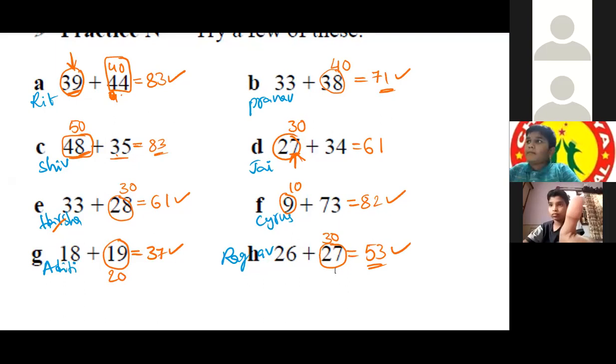So now are all of you clear with this sutra, Sankalana Vyavakalanabhyam? Whoever got the chance here, you should not write the names again, and stop writing in the chat box. I'm going to the next exercise. Now you can give your names. See the question first, then give your name.